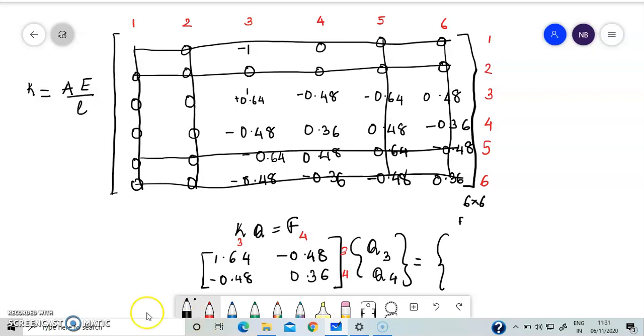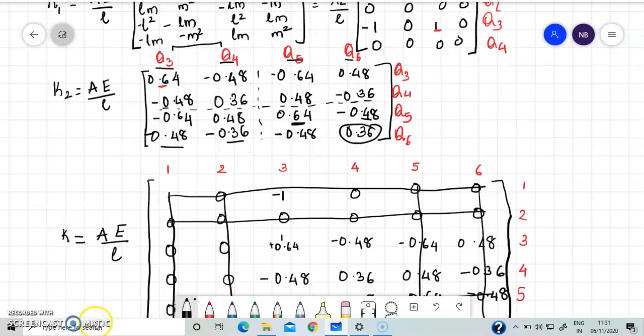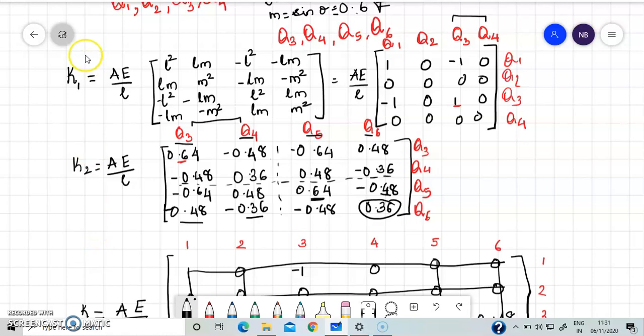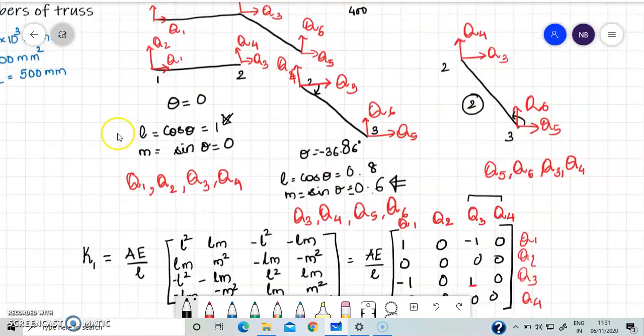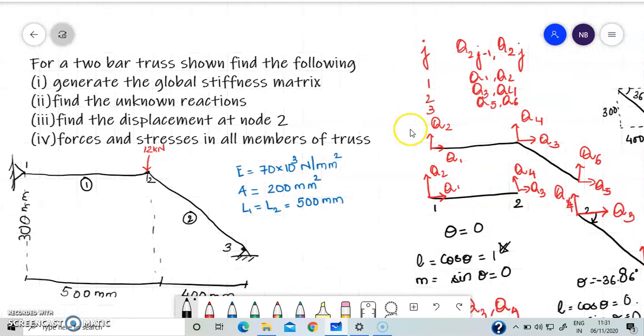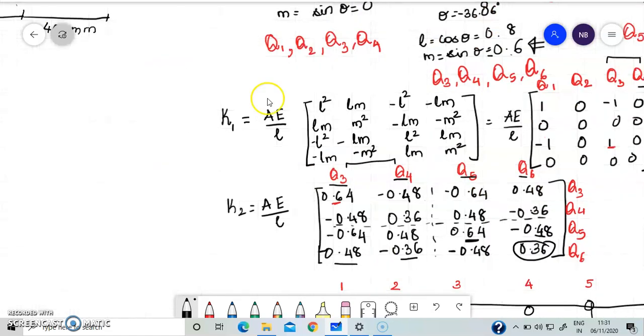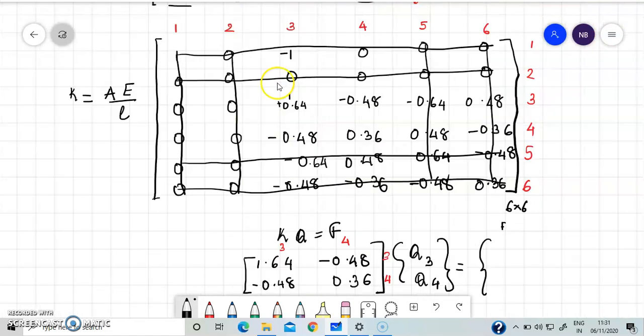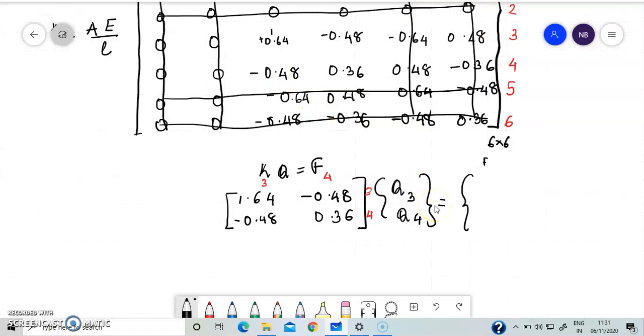If we go back to the problem and see, in the horizontal direction, that is the 3 direction, we don't have any force applied, but in the 4 direction, we have a downward force of 12 kilonewton applied. So let us in this vector write 0 because in the 3 direction there is no